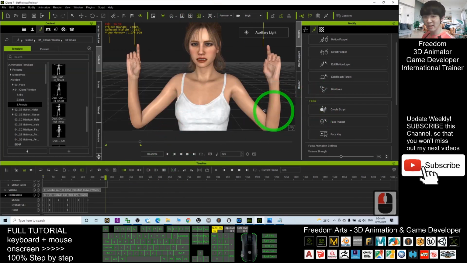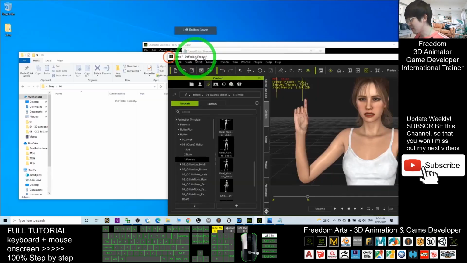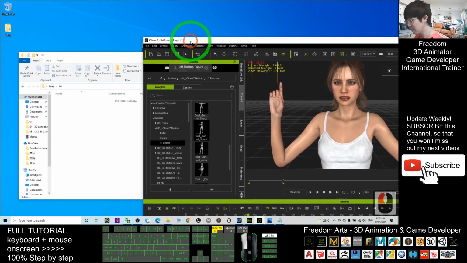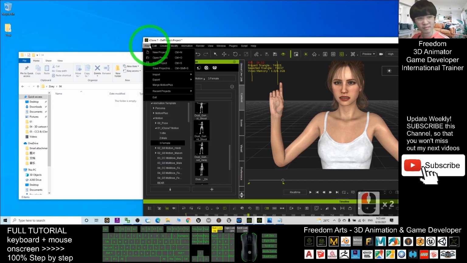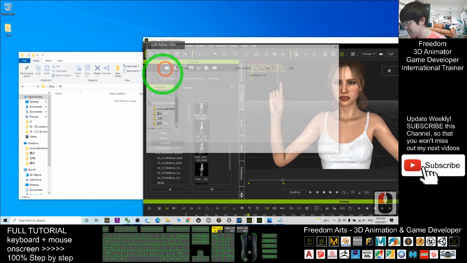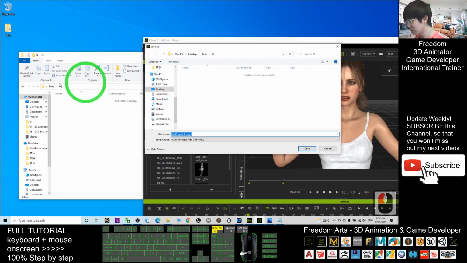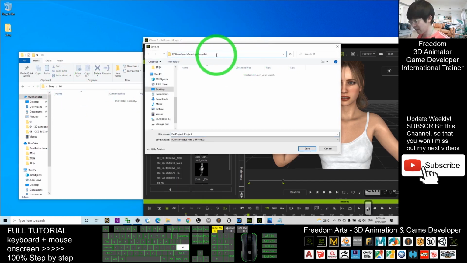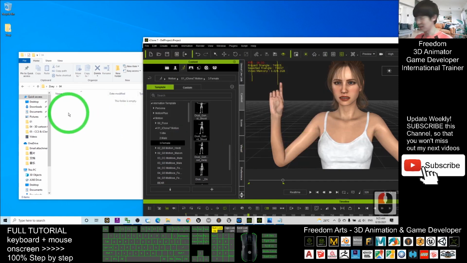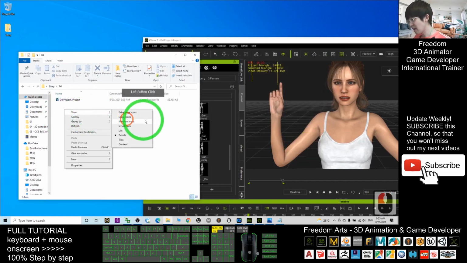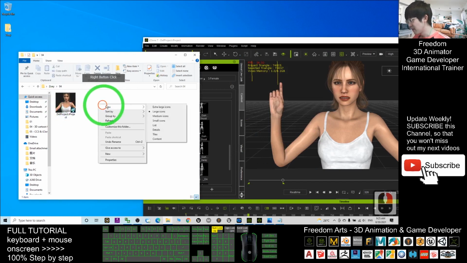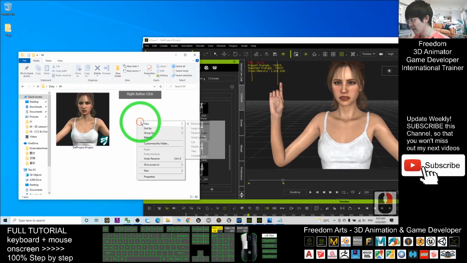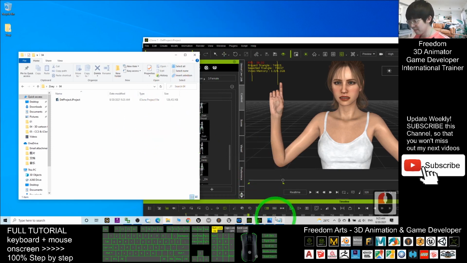In order to prevent any crash, you are going to save an iProject here. So click File, Save Project As, save as iProject at folder 04. Copy here, Control C to copy, then Control V to paste here, enter. So click Save as iProject file here. Now this iProject file included all the animation. And at the same time, what we are going to save,